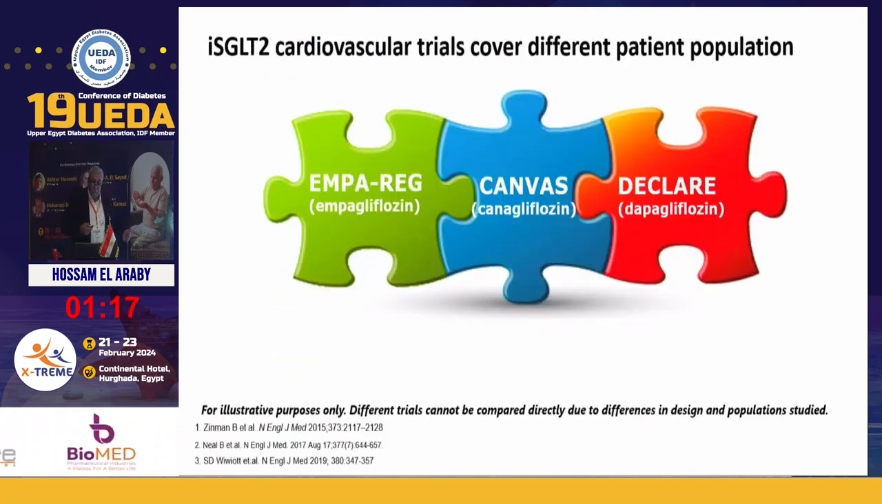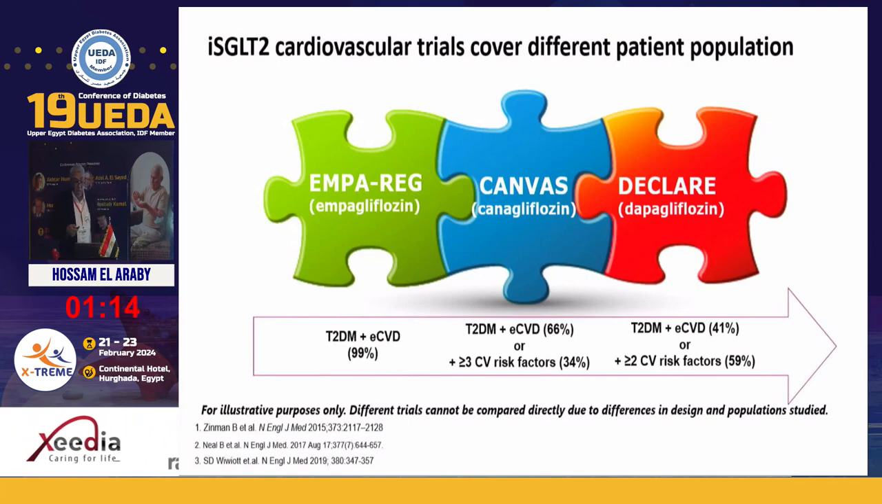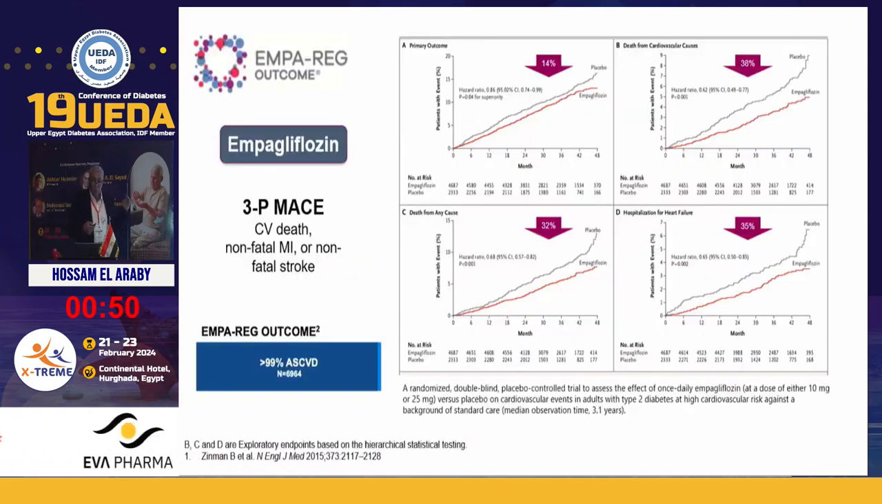While SGLT2 inhibitors trials include a variety of patients. In EMPA-REG, for secondary prevention, 99% had cardiovascular disease, and in CANVAS, 66%, with only 34% having 3 or more risk factors, and in DECLARE, a large number of patients included in this study had 2 or more risk factors with no cardiovascular disease. So the outcome was reduction in the 3-point MACE, reduction of death from any cause, cardiovascular death and heart failure